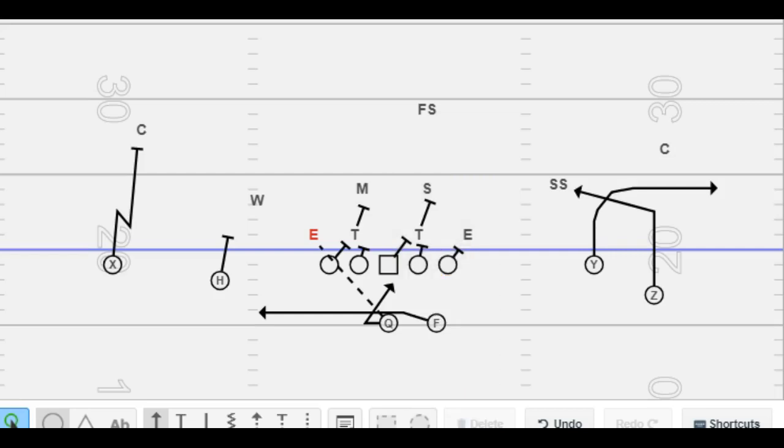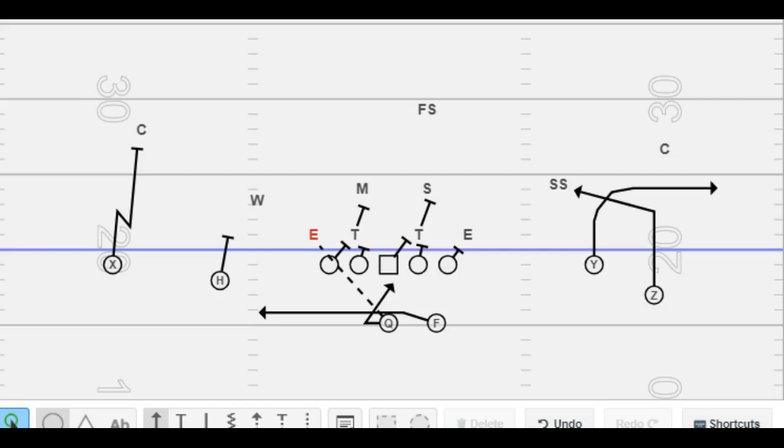The quarterback will be reading a defensive end, but it won't be the right side defensive end. It's going to be the left side defensive end that he has his eyes on as the back meshes to get outside of the tackle. If the defensive end takes an angle to cut off that F, then that's going to be a pull read for the quarterback. He will pull and he'll run right with the blocking. If the defensive end squeezes, crashes inside, or simply just sits there, then that's going to be a give read, and you now have your F running free on the outside.